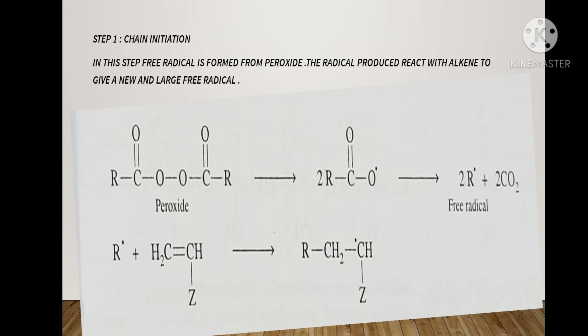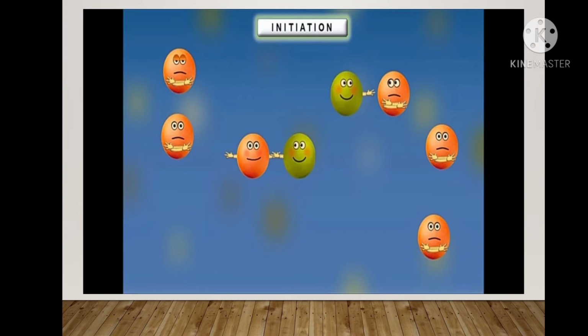Here, this peroxide bond gets homolytically cleaved and it gives this free radical species where this CO2 can be removed and an alkyl free radical is generated, and along with it carbon dioxide is released. This alkyl free radical reacts with the monomer alkene and it gives this radical chain. I have shown this pictorial representation of how the monomers and the free radical react with each other in the